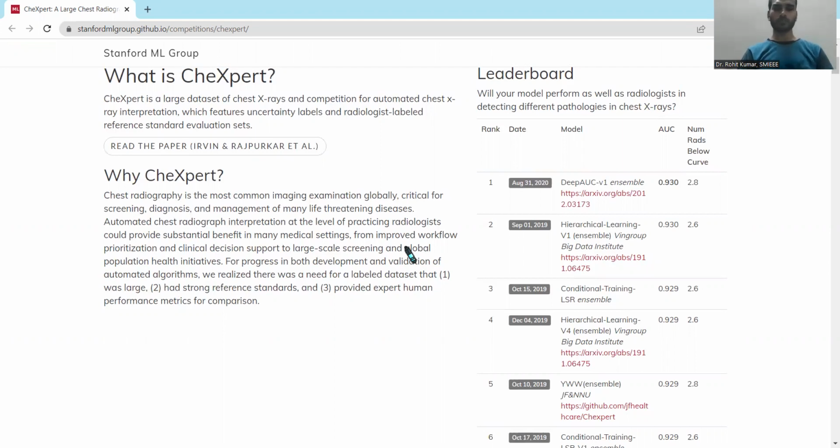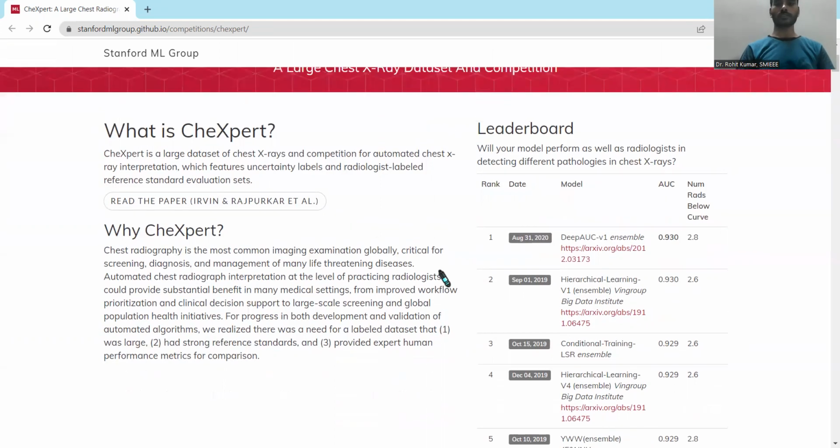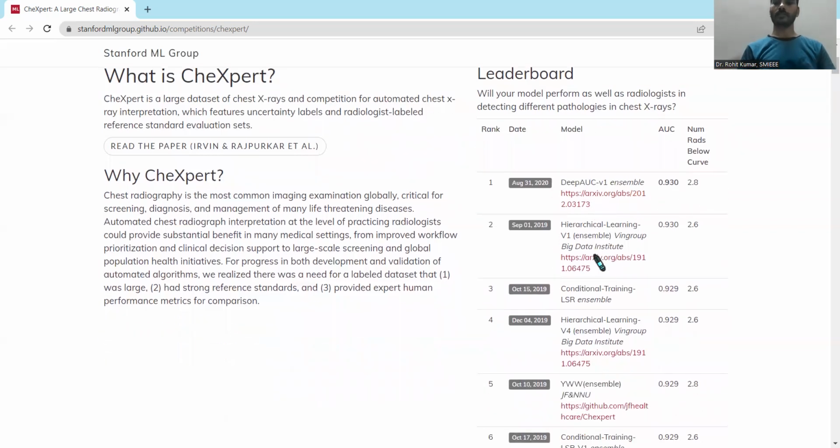Not detailing much, we directly delve into the details and see how this dataset is offering the kind of performance with respect to different models. At the leaderboard, you can see that different models are discussed over here with respect to their introduction dates and the AUC.